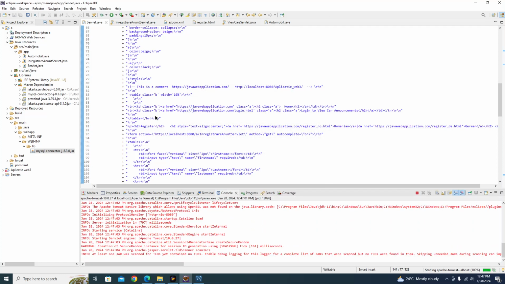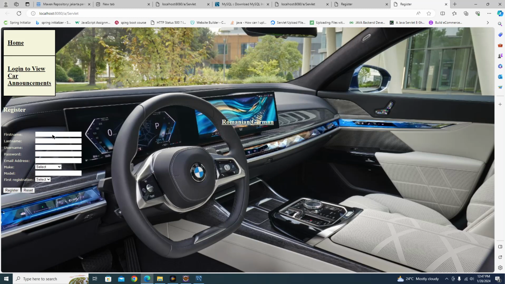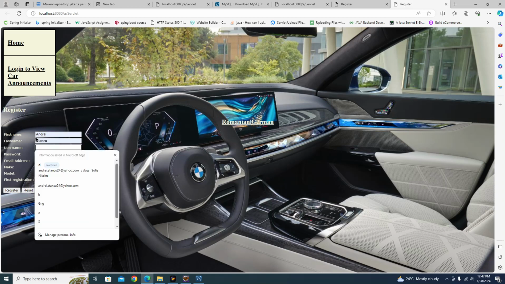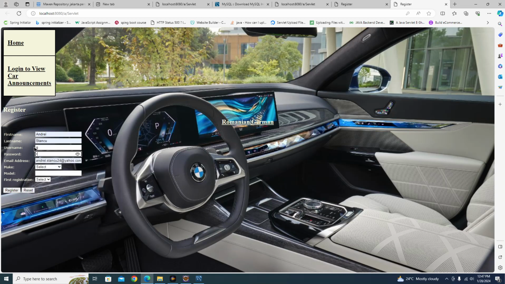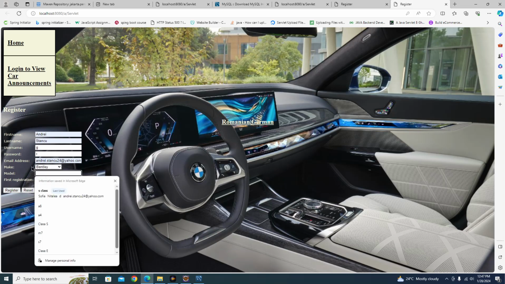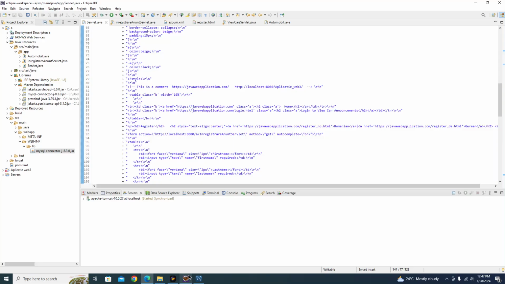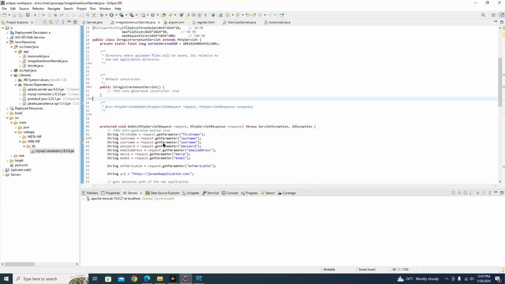And now if I put the same information and click on register, the website went back to localhost servlet where I told it here